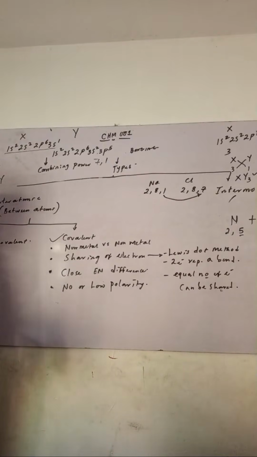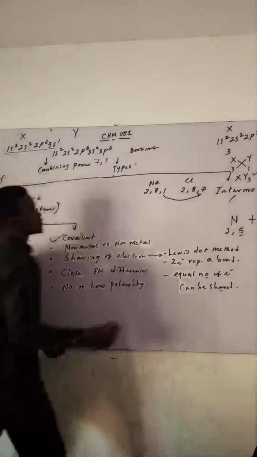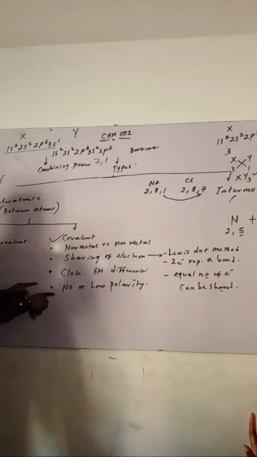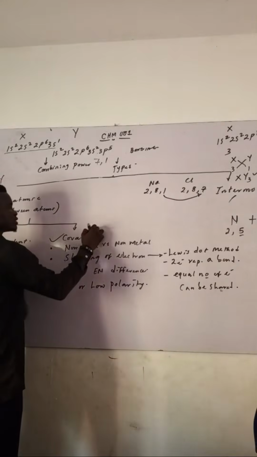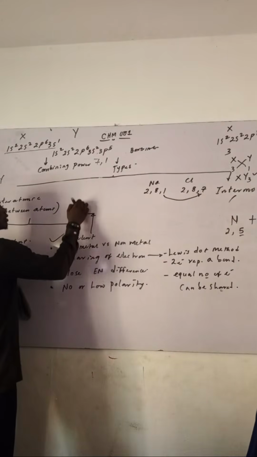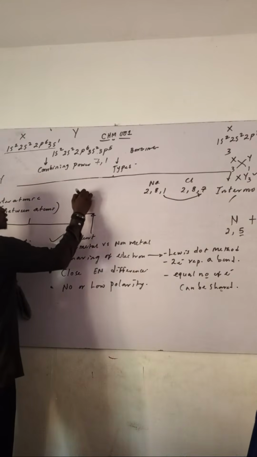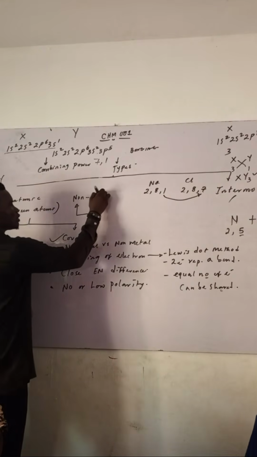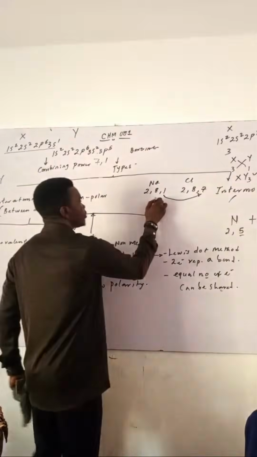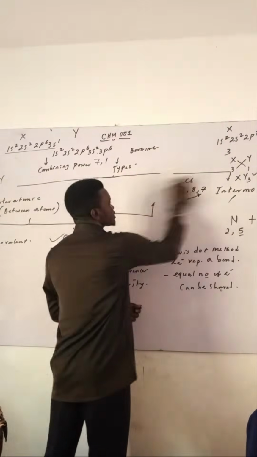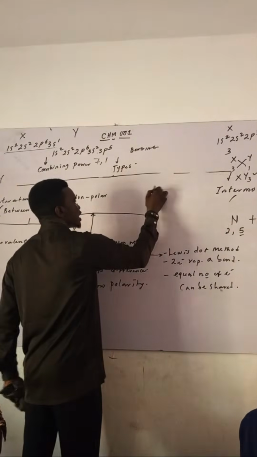Let me quickly explain that. Then we'll talk about the properties and we call it a class, because I know some of you are tired. So now, when you're talking about types of covalent compounds, we have what we call non-polar covalent compounds, and we have what we call polar covalent compounds. So they can ask you.